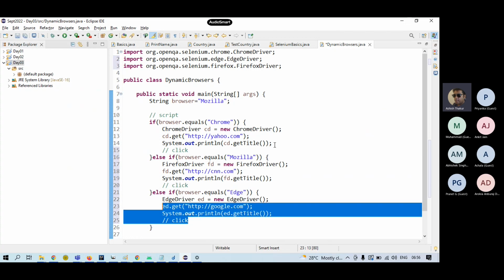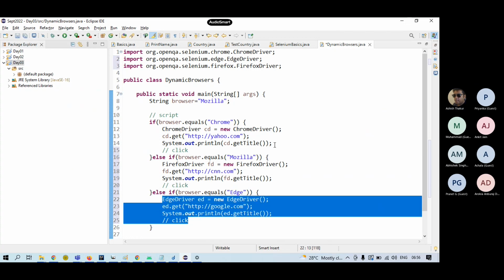So I'm repeating my code. Okay. And this really doesn't make sense. All right. To repeat the code again and again. Fine. So to solve this problem,